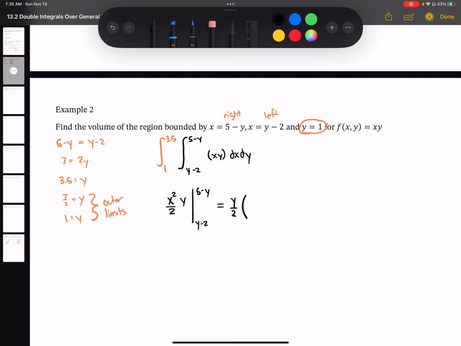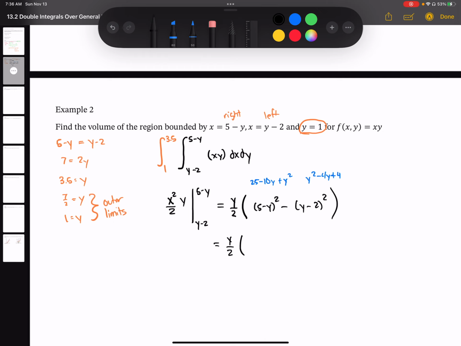And so internal to this, when we substitute in 5 minus y, we're going to get (5 minus y) squared minus (y minus 2) squared. And if we remember Pascal's triangle, this is going to be 25 minus 10y plus y squared. And then here we're going to get y squared minus 4y plus 4. But then we have to distribute a negative. So when we combine like terms,